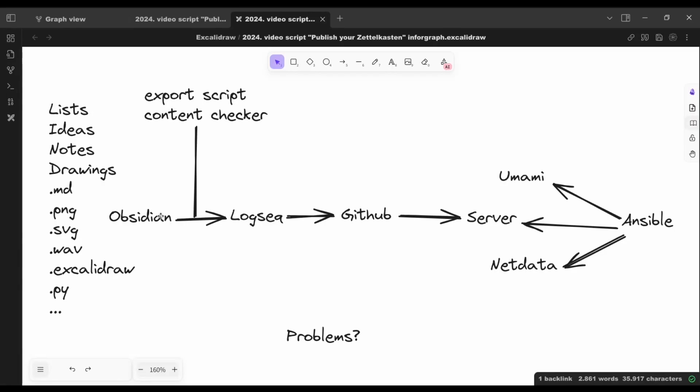Obsidian also supports publishing your website, however, there it costs money. And then I publish my HTML website, the exported file from Logseq, to GitHub, and pull that repo onto my